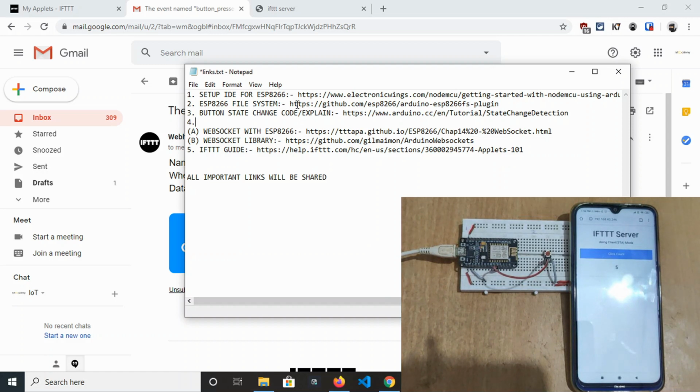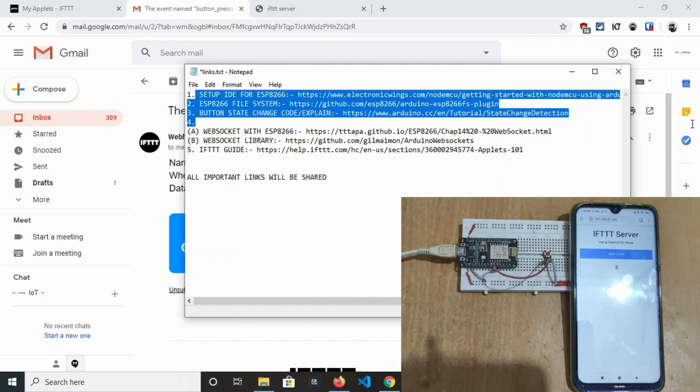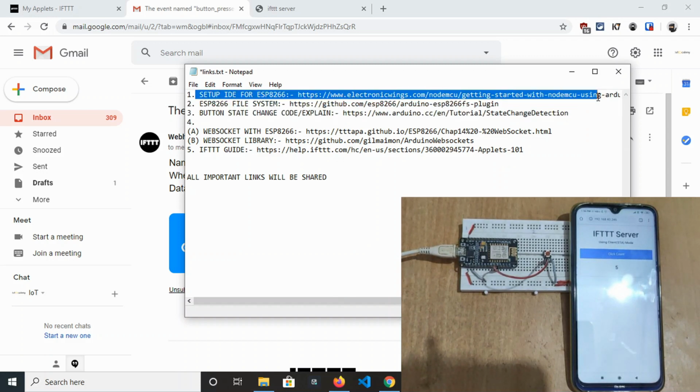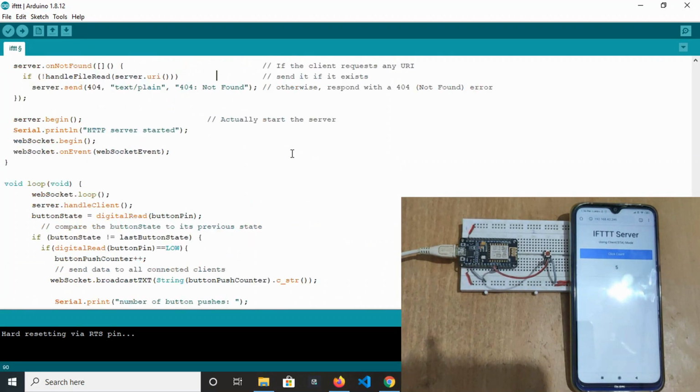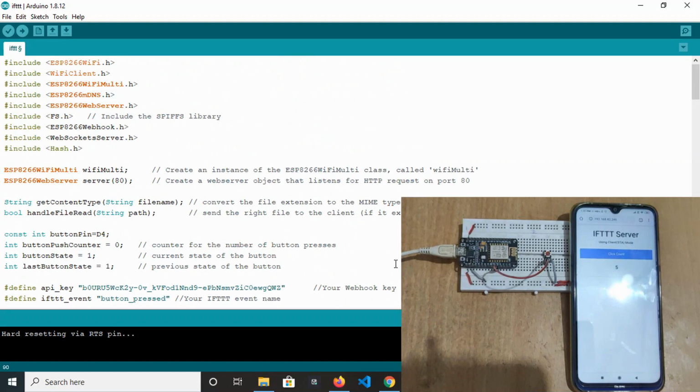And the file system: basically the file system is used to serve the files of the web server. And the setup of the IDE for ESP8266 is the first step. I don't give you the demo of this step because it's quite basic, and everyone should set up their ESP8266 board with the Arduino IDE. And I will explain this code, how I have written it.